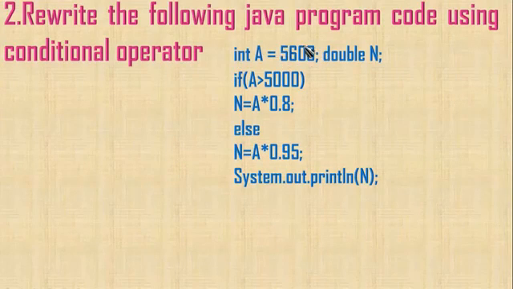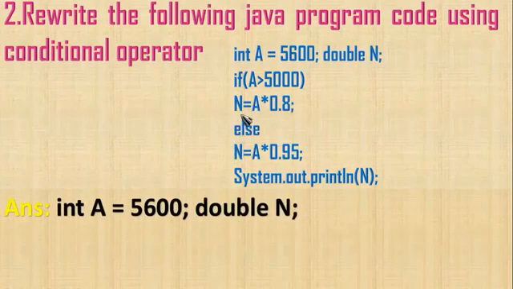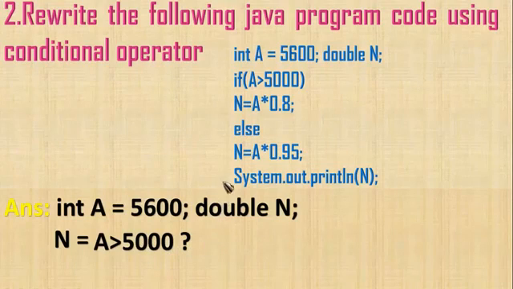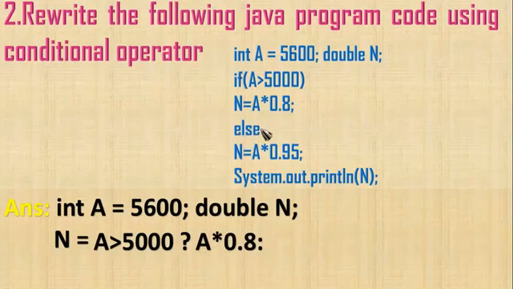As it has been initialized and declared, let us do that. Whether it is true or false, N is going to be calculated. So it is in a single statement. So N is equal to the condition whatever is given here, we will give after that one question mark. So that is only conditional operator. And then if it is true, whatever is to be executed will be given. So this is the true statement here. So A into 0.8, colon we will write. Then else, the false one. So that is A into 0.95.